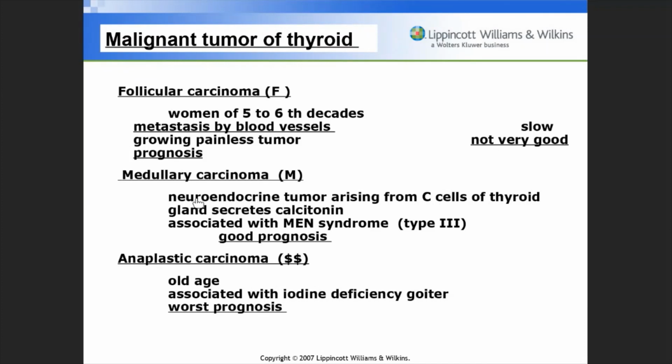And medullary carcinoma, we're going to see, is associated with MEN3. What is MEN? MEN stands for multiple endocrine neoplasia. There are 3 types: type 1, type 2, type 3, and I will tell you how to distinguish between them, because there's usually a group of tumors found in 3 organs related to the 3 Ps. The pituitary, for example, pancreas, or the thyroid gland, for example, or 2 Ms and a P: medullary carcinoma, like you see here, or the pheochromocytoma. What is pheochromocytoma? I'm going to talk to you a little bit about it,